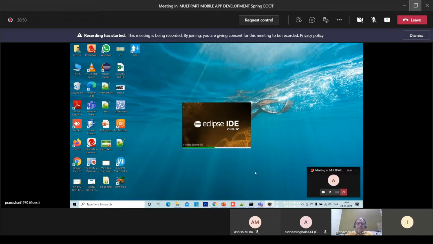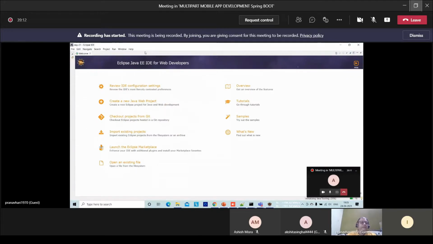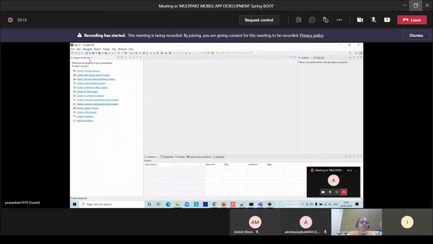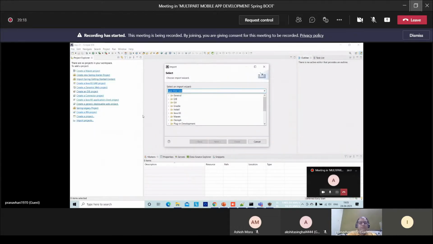In the application, we have to specify the workspace folder. One workspace may have many applications, that is, many different projects. Every microservice we create is a different project under the same workspace. Here we shall import the file we just downloaded.